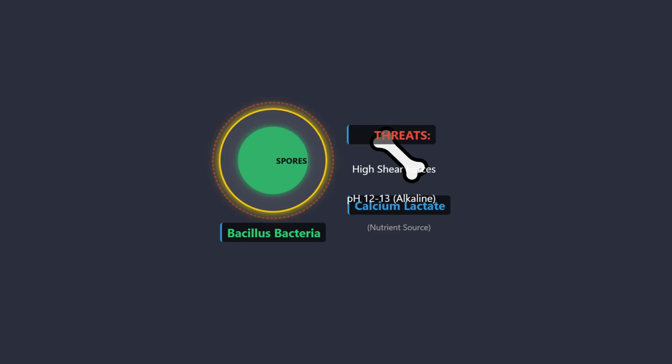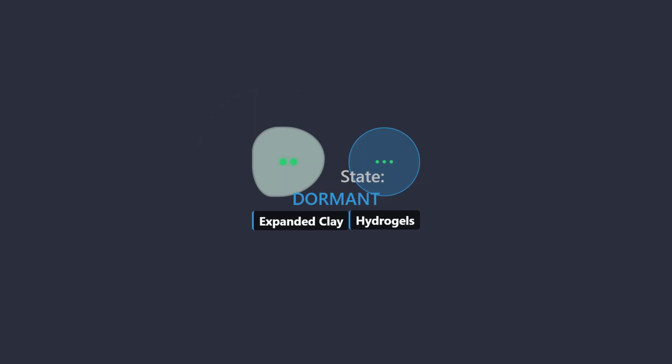These components must be encapsulated to protect them from two critical threats: the high shear forces encountered during concrete mixing and the highly alkaline environment of the fresh concrete, which maintains a pH between 12 and 13. Encapsulation methods commonly involve incorporating the agents into porous, lightweight aggregates, expanded clay particles, or specialized hydrogels. This protective shell ensures the bacteria remain viable and dormant until water penetrates the concrete matrix through a newly formed